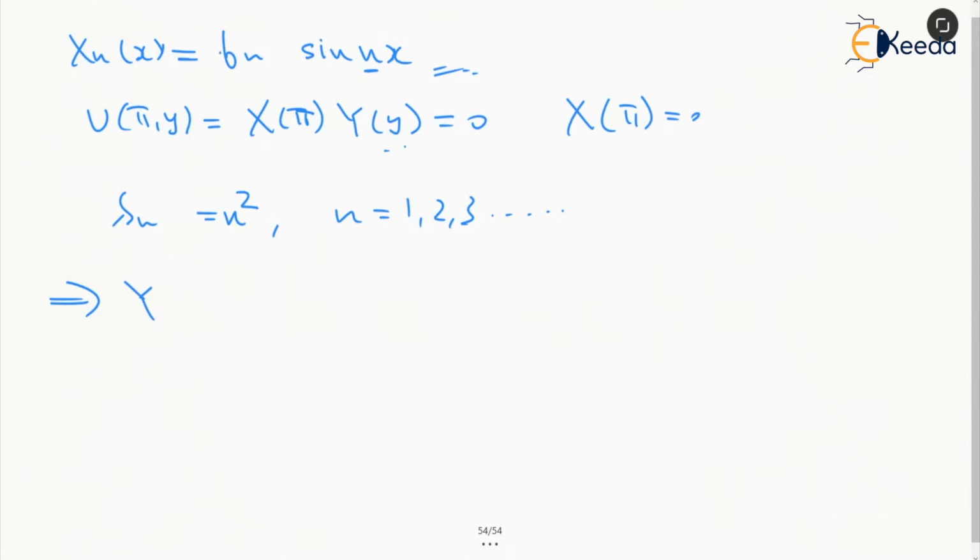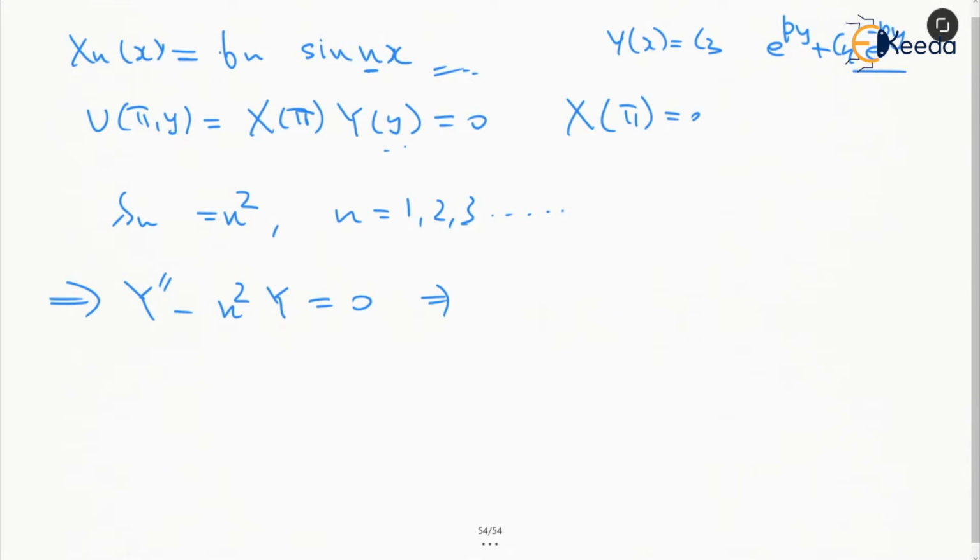So we have this y double dash minus n square y equal to 0. Now, like in the discussion we have said, instead of p, we are taking n square. And from here, if you remember, in that case we were taking y to be c3 e to the power of py plus c4 e to the power of minus py and so on.